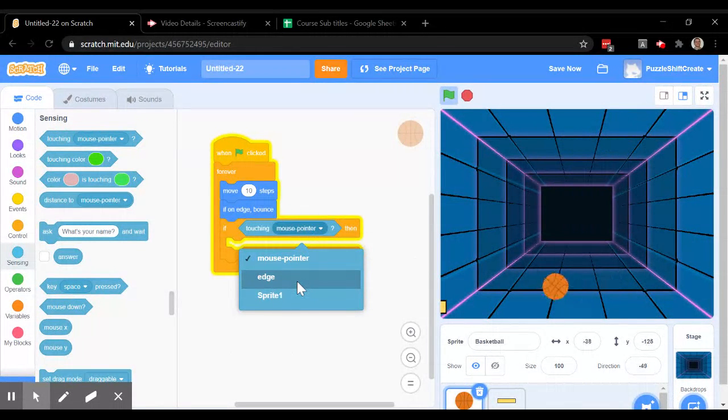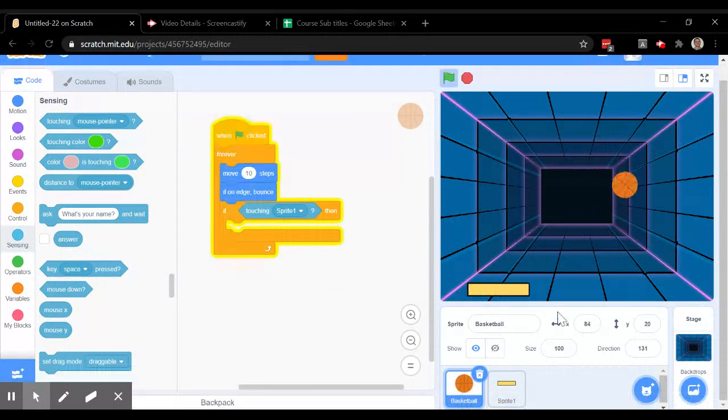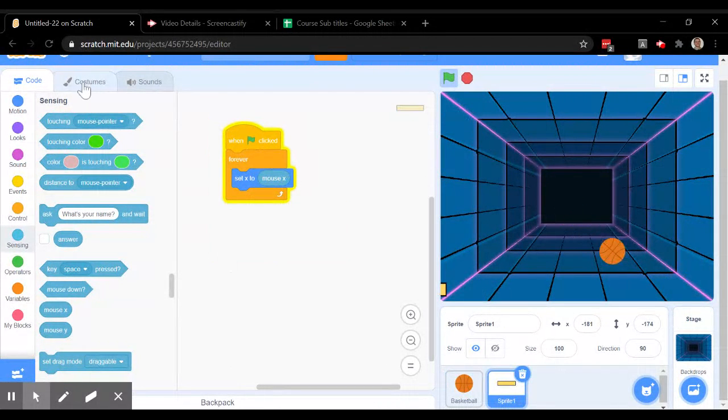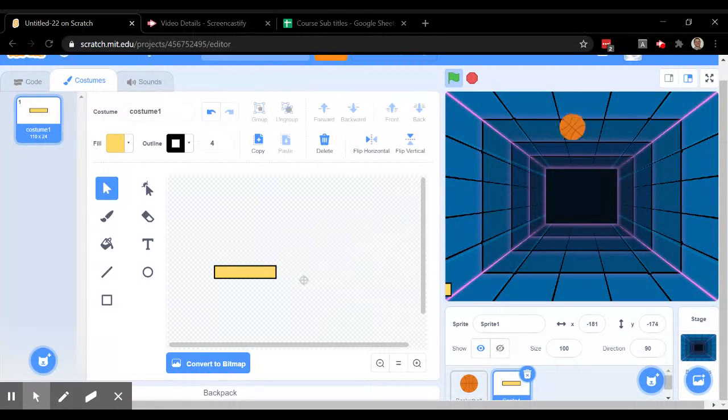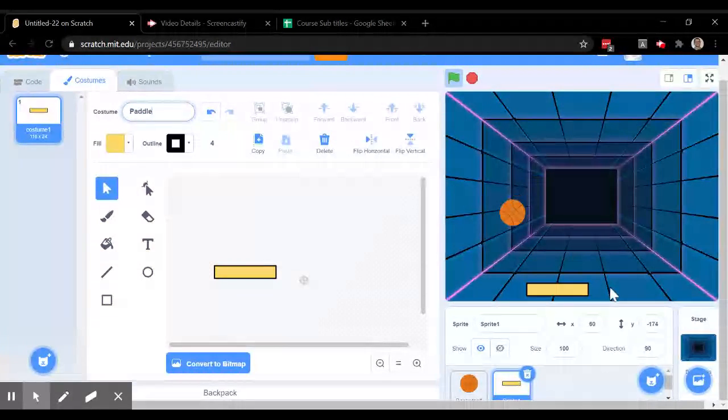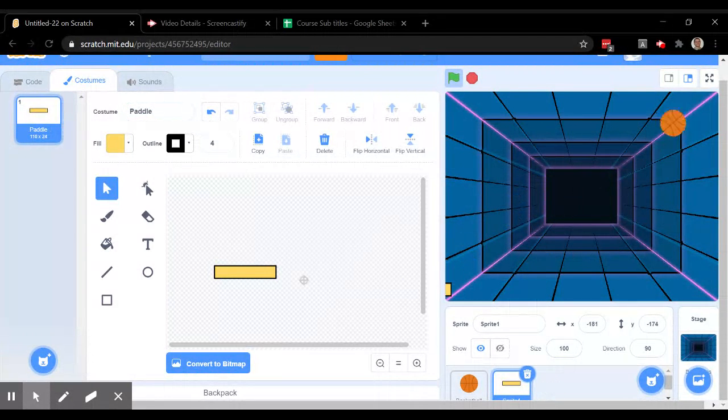sprite number 1. We could rename sprite number 1 when we made it. It's right up here. Paddle. Now that I've renamed it paddle,